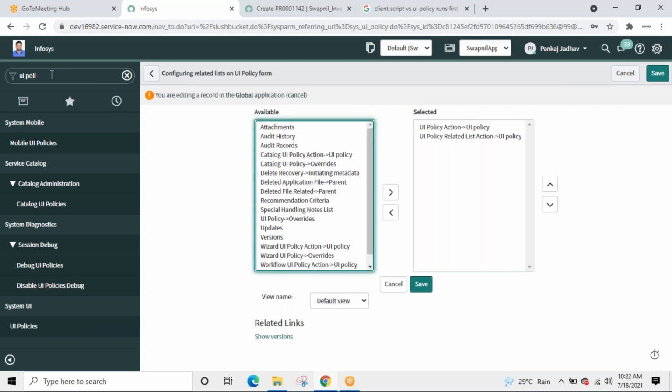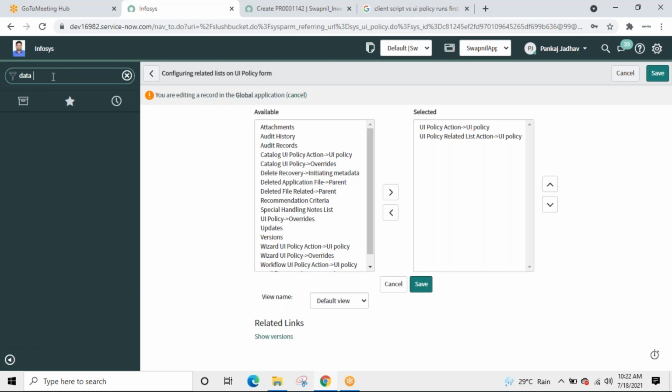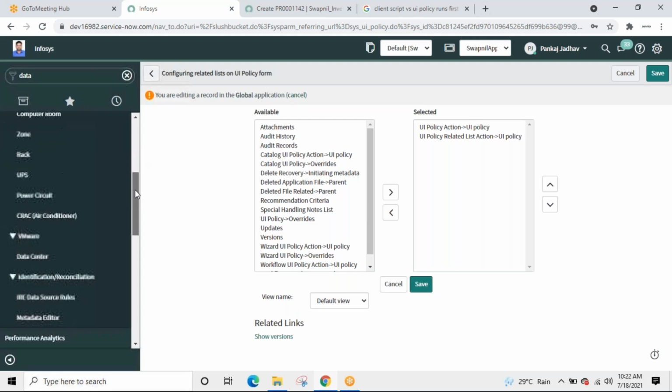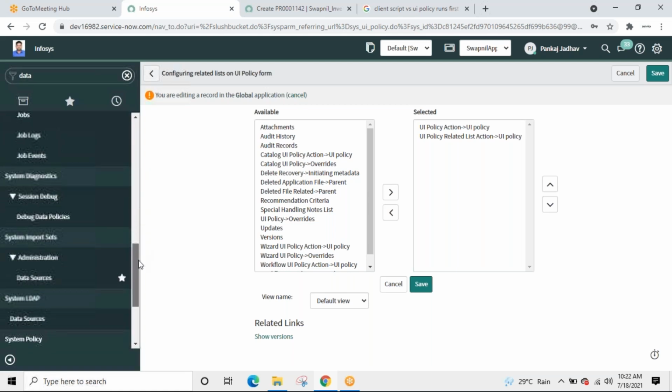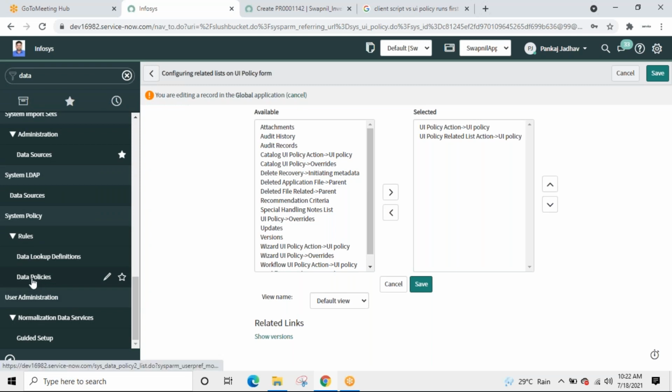Let it be. I'll search it from here. Data policy. Do you see something like that? Data policies.